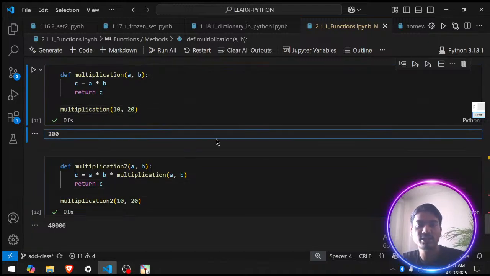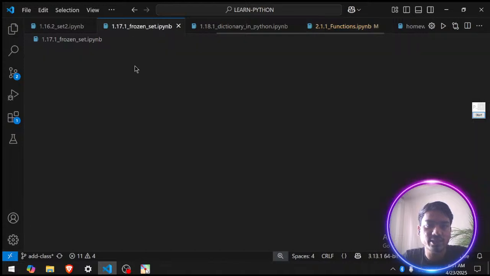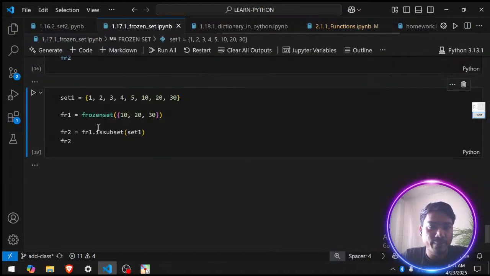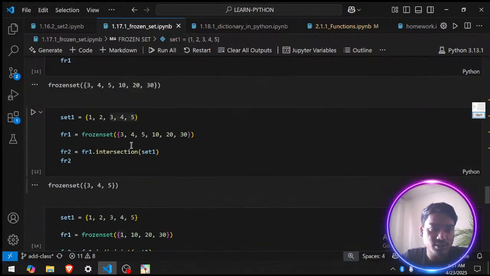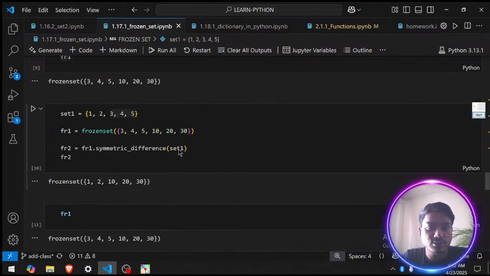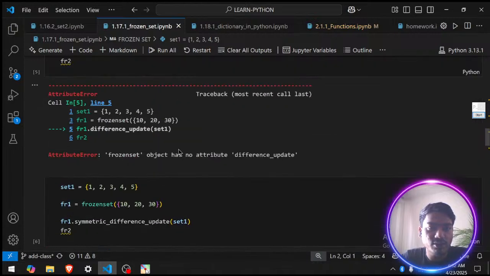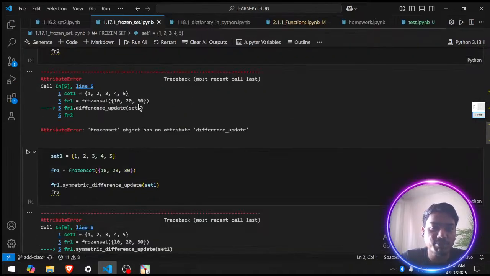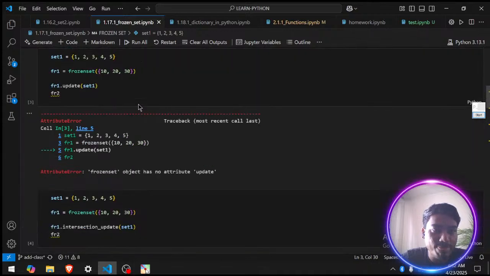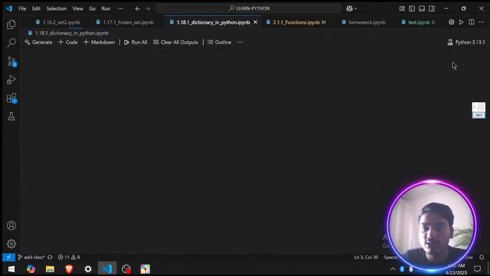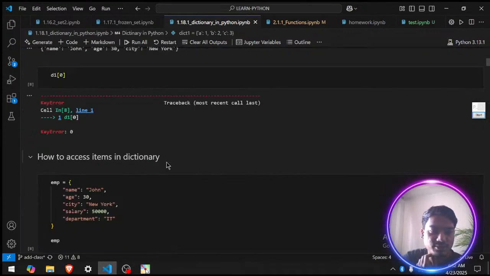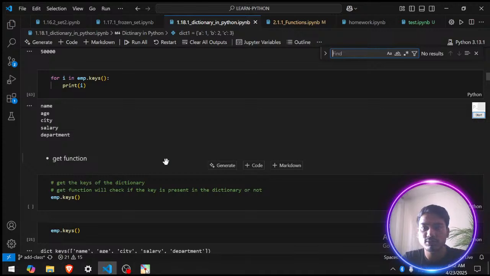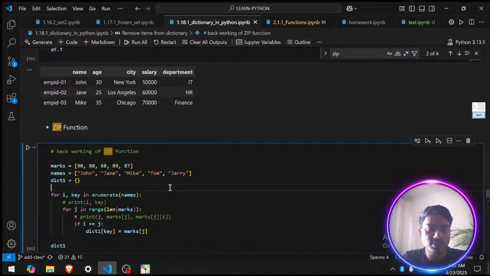So we were learning a few functions like frozen set or subset, superset or intersection, right? So इनका behind का working also we have learned. ठीक है, एक zip मैंने समझाया था. If you remember, I am not sure. It was in the dictionary, right? So in the zip function,